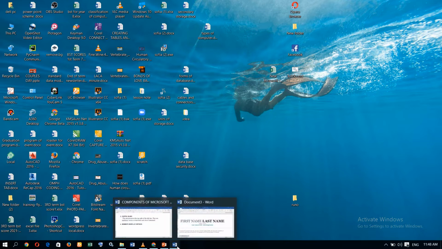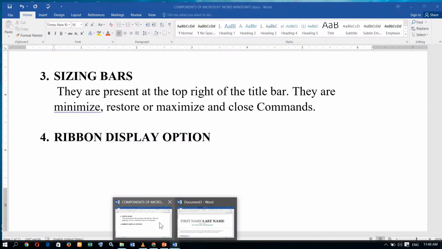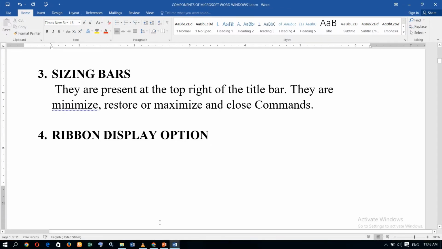Now you can see my desktop screen. This is the application still opened. So it reduces the application to the taskbar. Now if I want it back, I simply click on it and it comes up again. So that's minimize. Then we have